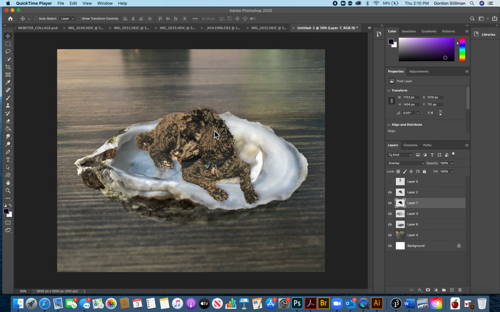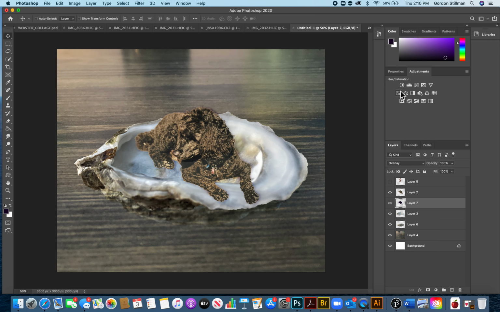In this tutorial, I'm going to go over using adjustment layers and some more layer blending modes to further enhance our collage and make it seem more realistic. So adjustment layers, you usually will find them under the adjustments panel here. And then if you hover over each of these little icons, you'll see a word appear here that lets you